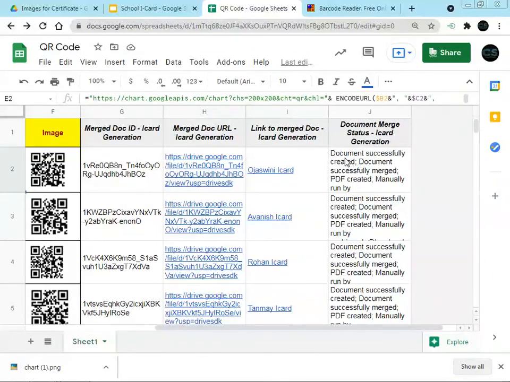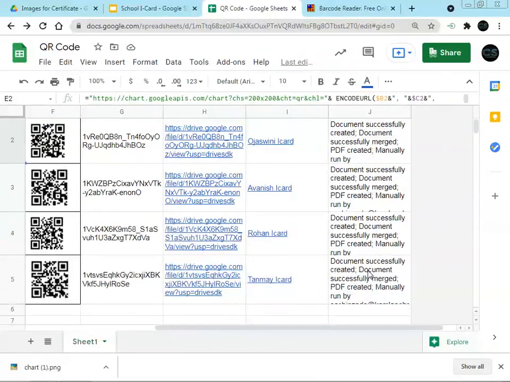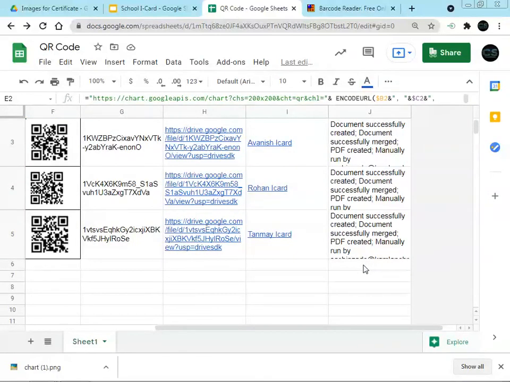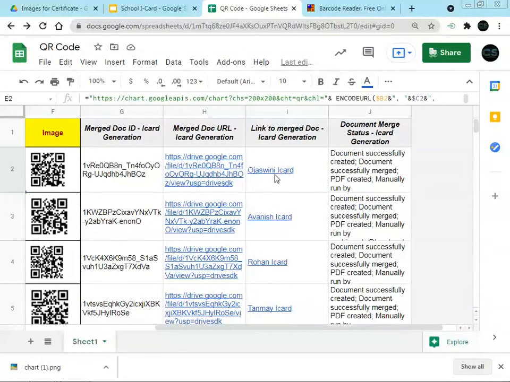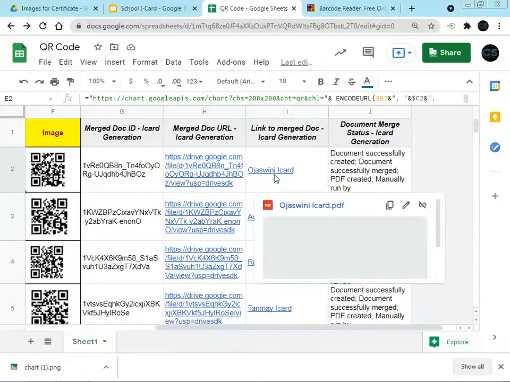Here we see document successfully created for all documents. We can check by selecting this particular link and clicking on this particular PDF.